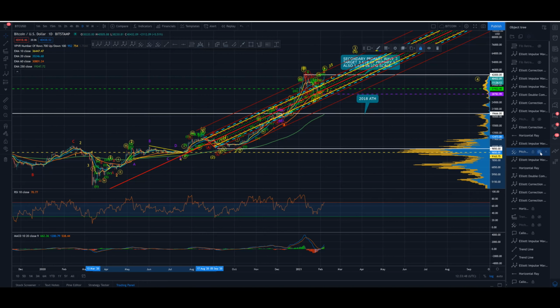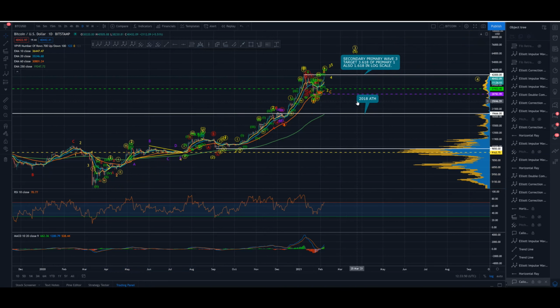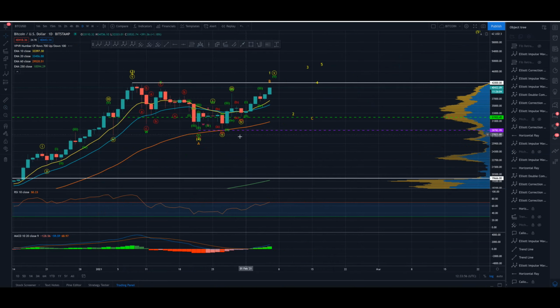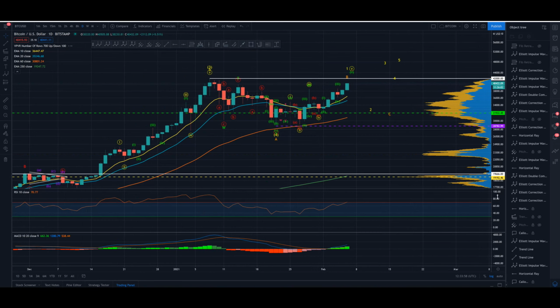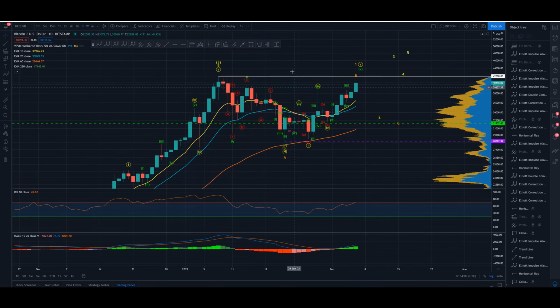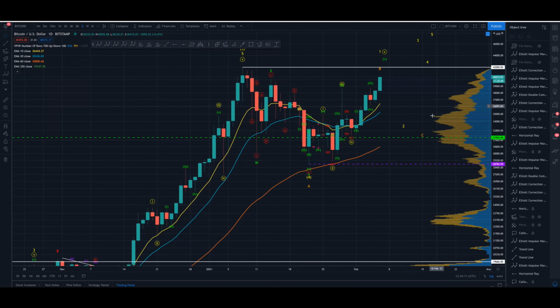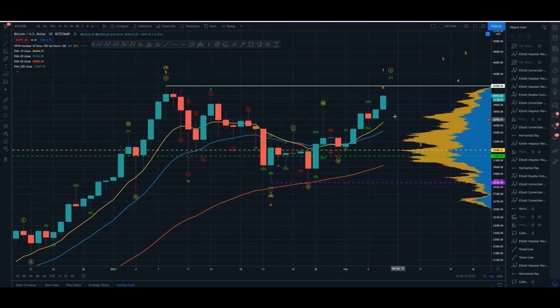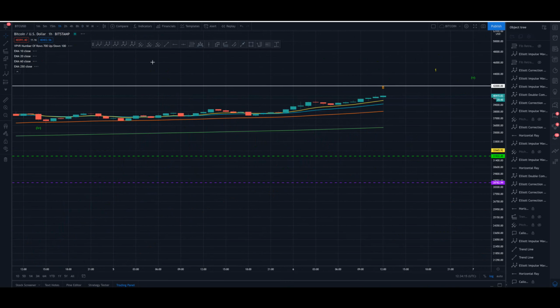So let's hide that pitchfork, and now let's move in to the next time frame. We're going to move into this correction now, so we're going to need to zoom in and have a closer look at what's going on. And there's a lot going on, because this could be over, it could not be over. I know that sounds pretty like, oh well, great, I could have guessed that. Yeah, well, alright, fair enough, go on, trade however you like, and best of luck to you, I hope you win. But all we can do is look at the price as it is currently and try to draw some conclusions. So we're going to come down to the 1 hour